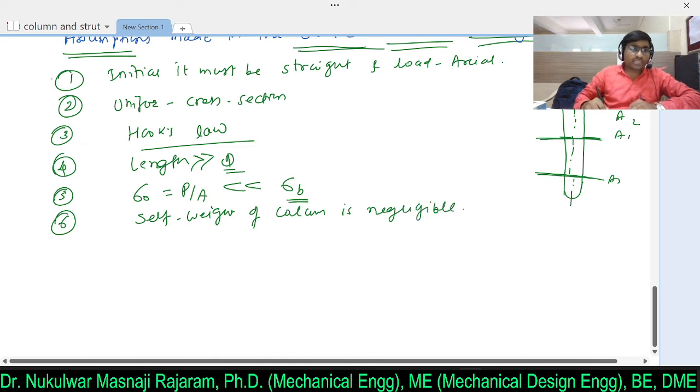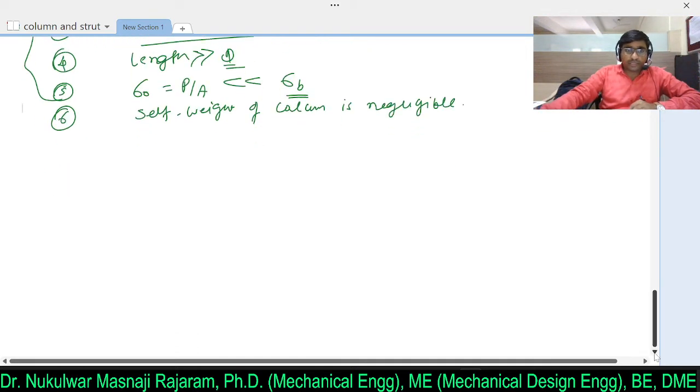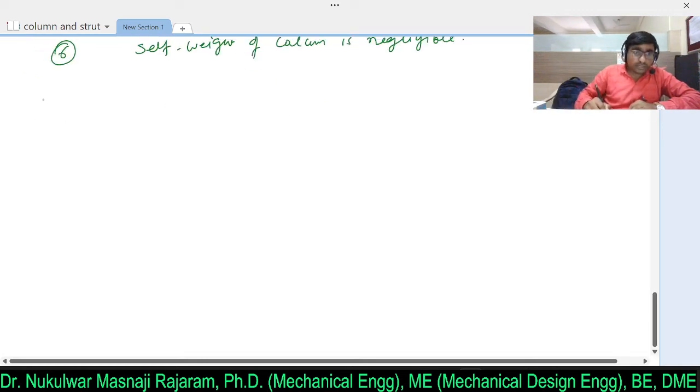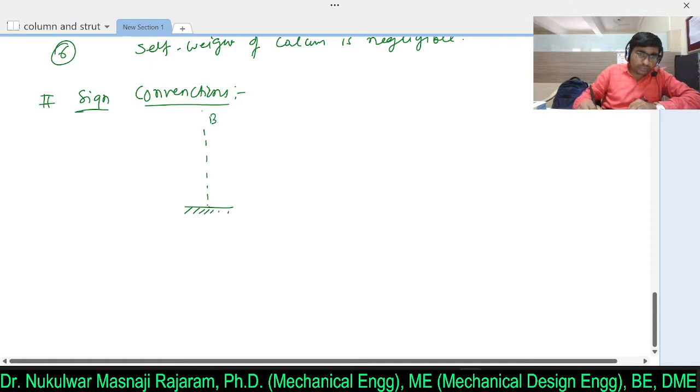Clear? So these are the different assumptions we have made before learning Euler's theory for the column. Now the second important thing is the sign convention. Clear? So if I consider the column fixed at one end, and consider the initial position of this column, let's say B, and once we apply a force on this particular column, then the column will bend like this